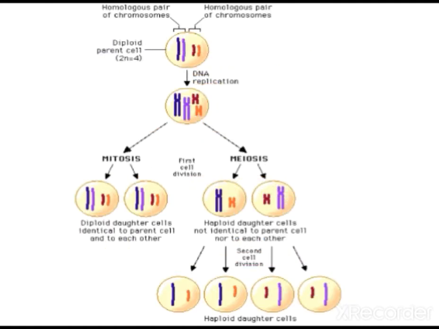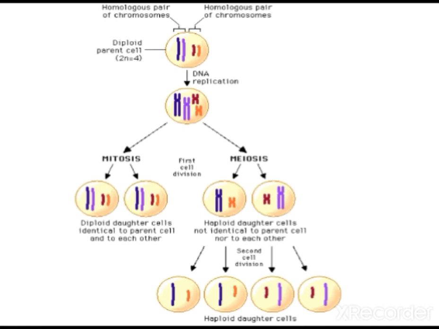Okay children, the same diagram has been shown here, mitosis and meiosis. In mitosis, two daughter cells are formed, and they are diploid. The parent cell is diploid, so the daughter cells formed are also diploid. But in meiosis, two steps occur, meiosis 1 and then meiosis 2. Here the number of chromosomes is reduced to half. When you see here, four chromosomes are there. Here the chromosomes are reduced to half, two chromosomes, and later the same number is maintained. Haploid daughter cells are formed, four daughter cells.